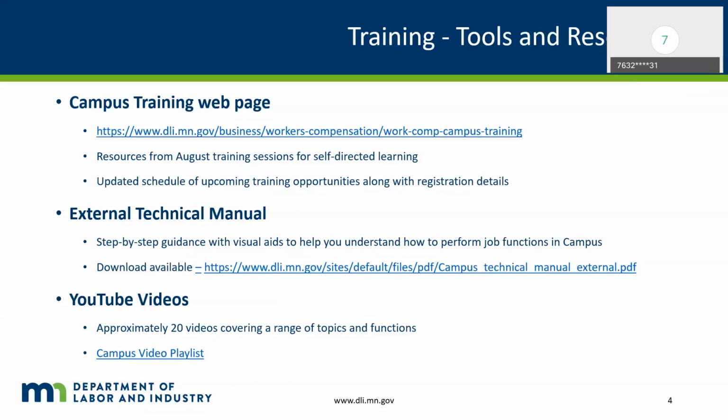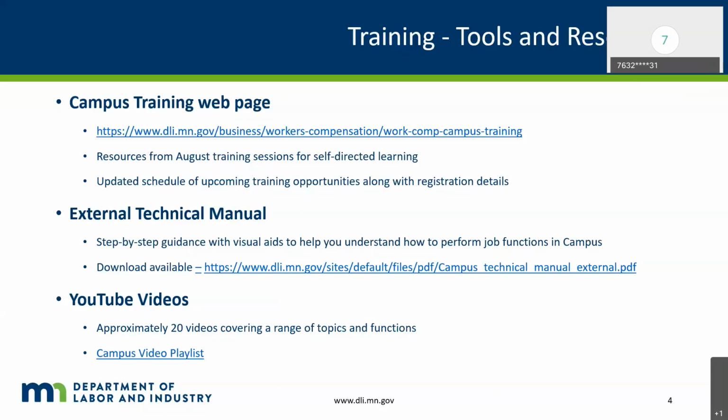On the same DLI training page, you will also see a link to our external technical manual. The manual is very lengthy. It's over 200 pages, and it provides a range of step-by-step guidance, along with some screenshots and visual aids that will help you understand how to perform job functions in campus. This manual can be downloaded. The link is listed there, and we would ask that you download that and have it available for things that you may be using more often than not. It's just good to have a cheat sheet, maybe print it out or bookmark it in Chrome or what have you,